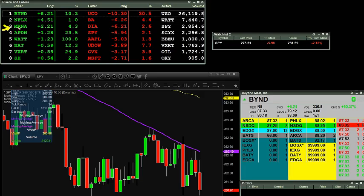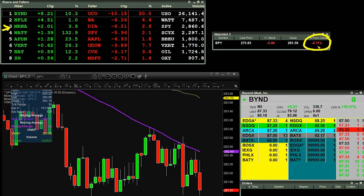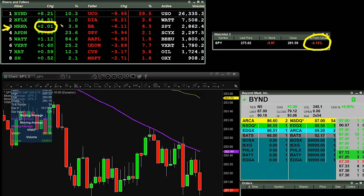mRNA right here. If you were to tell me, I'm looking to short mRNA, I would quickly say, wait a second, the markets are actually down 2%, trying to drag stocks down with it, yet you want to short something that's actually proven to be stronger than the overall markets? Again, could you make money? Yeah, I mean, you could make money, but are you trading in a systematic